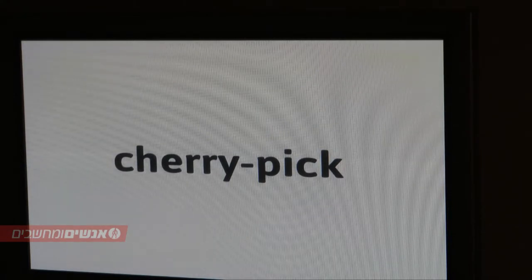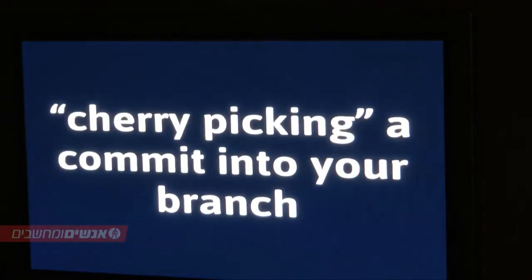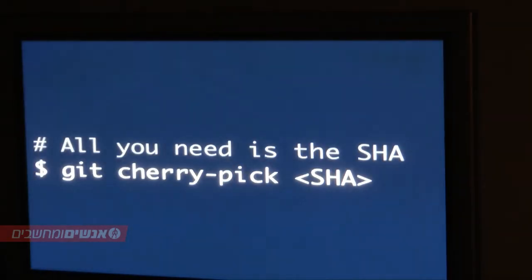So another pretty awesome, but very simple feature, is cherry picking. If you have your master branch and you see a commit in another branch that you really want, but you don't want the whole thing, you just want this one commit, you can use cherry pick to take that one commit and put it onto your master branch, or whatever branch you're on. It's a great way of grabbing just a single diff and pulling it into whatever you're working on.